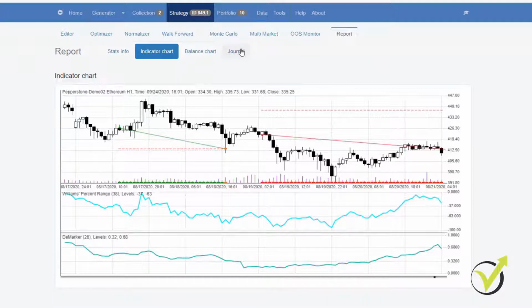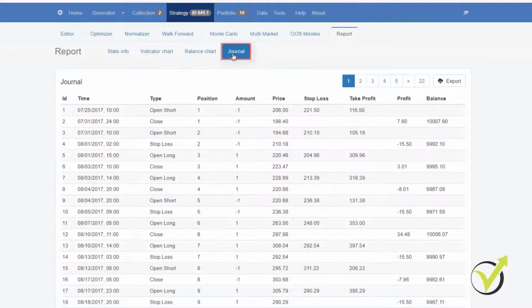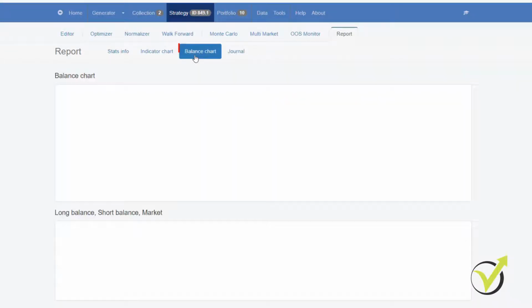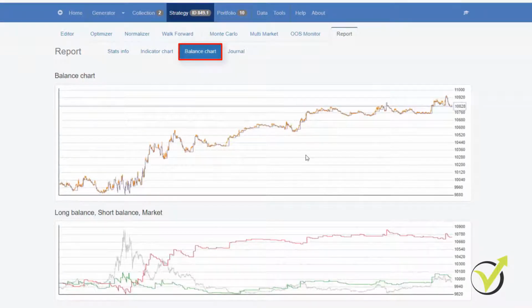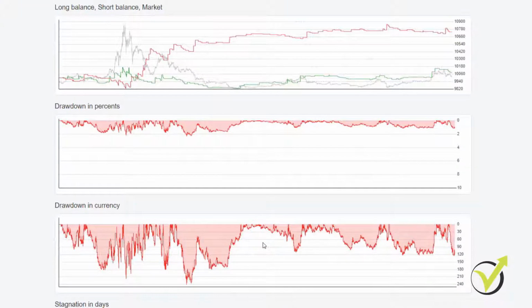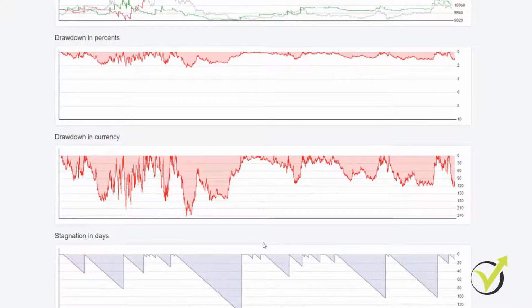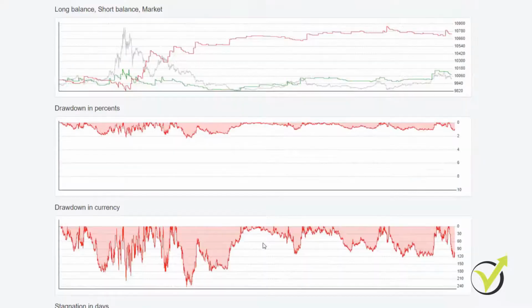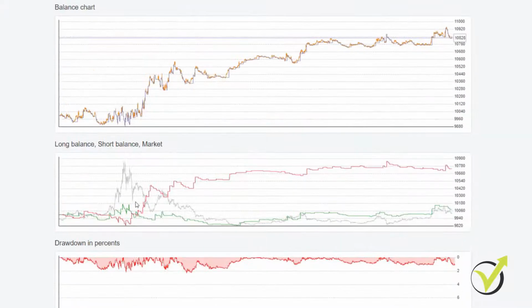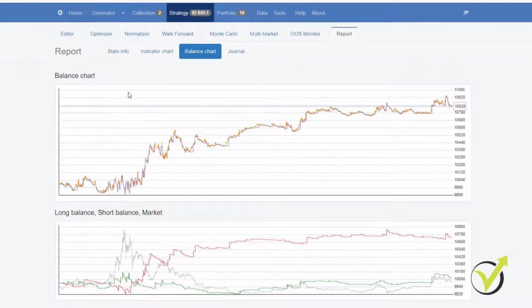As well, we have the journal, where we see all trades that opened and closed. We have the balance chart, where we see exactly the equity line and some more statistics as drawdown in currency, in percentage, long balance, short balance, and so on.